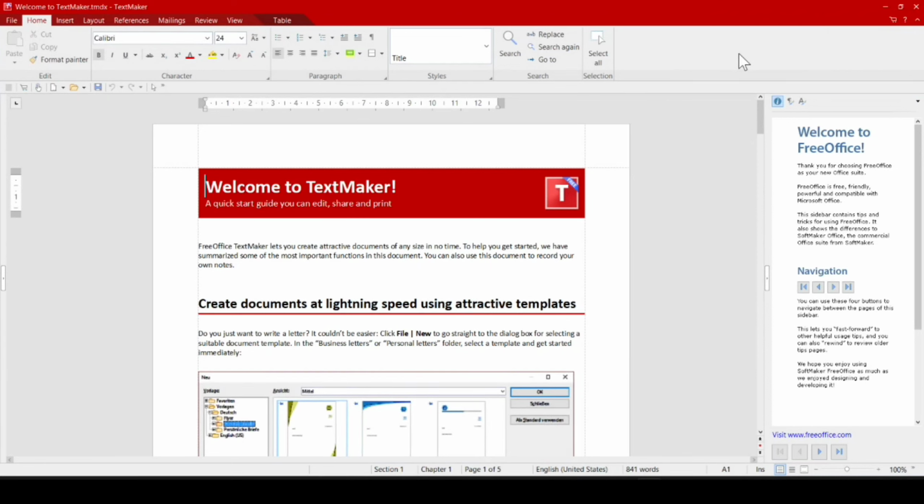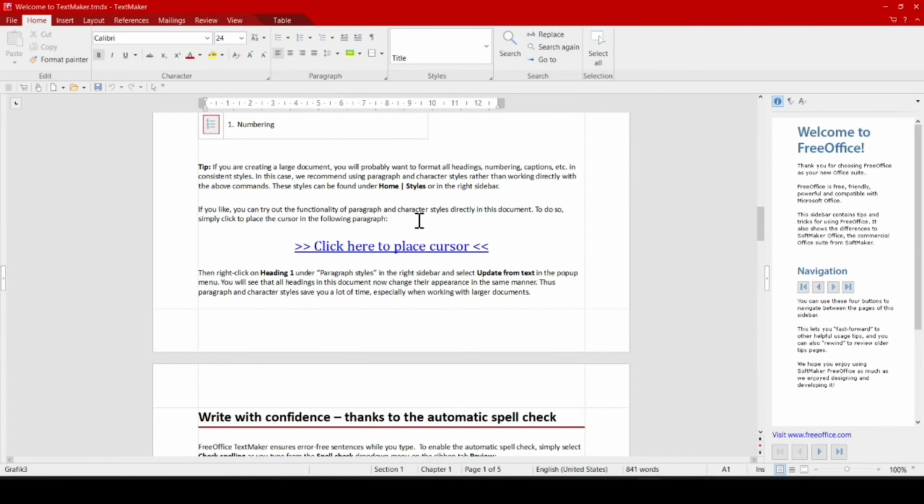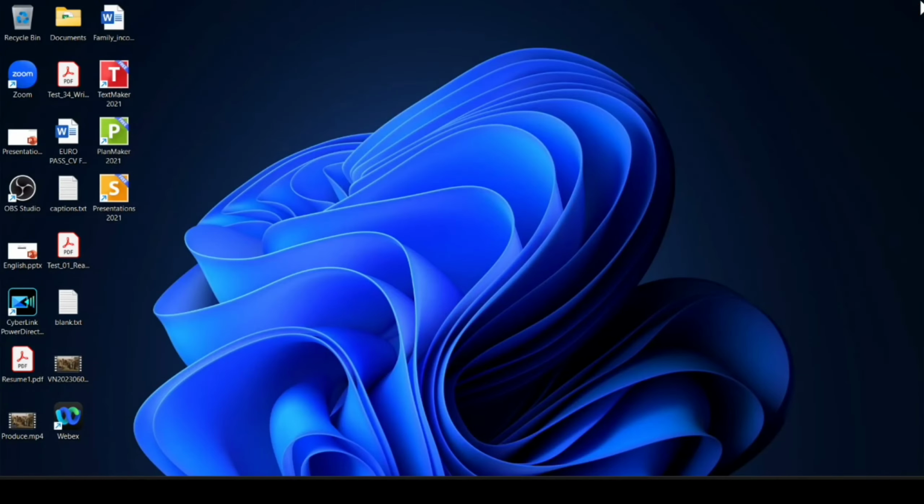I just maximize the interface and you can see the FreeOffice TextMaker is similar to our Word, and here you can choose the font, and the things that you use in Word you can do in this also. Okay, now after this I just cut